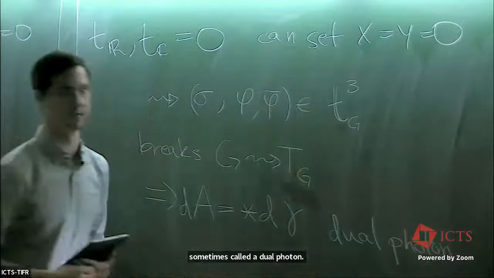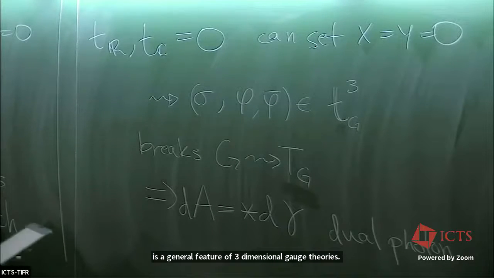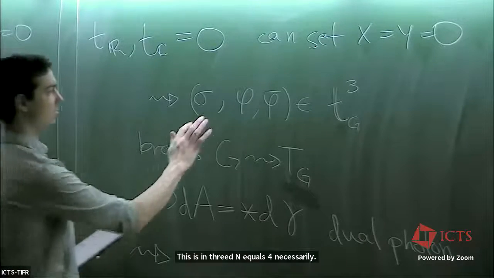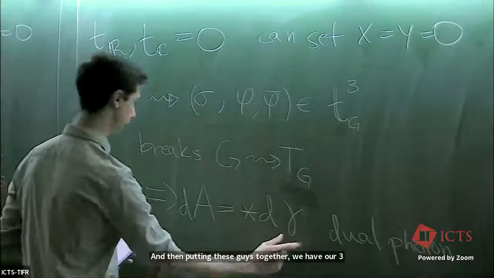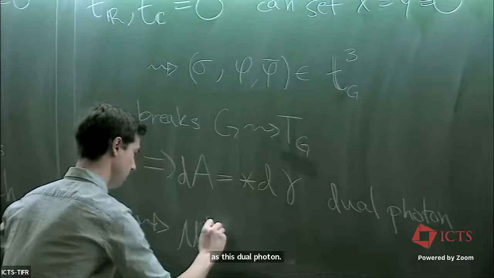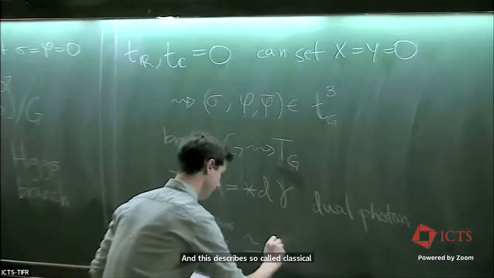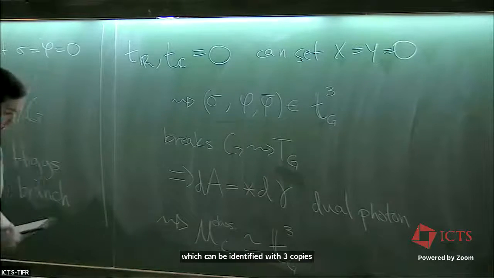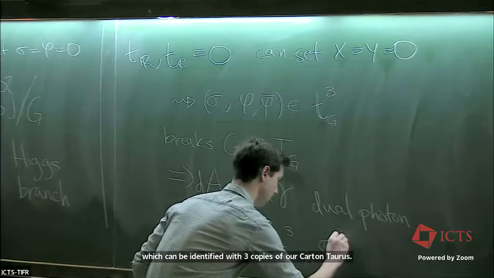This is a general feature of 3-dimensional gauge theories. This isn't 3D n equals 4 necessarily. And then putting these guys together, we have our 3 scalar fields that were in the vector multiplet, as well as this dual photon. And this describes the so-called classical Coulomb branch, which can be identified with 3 copies of our Cartan torus and